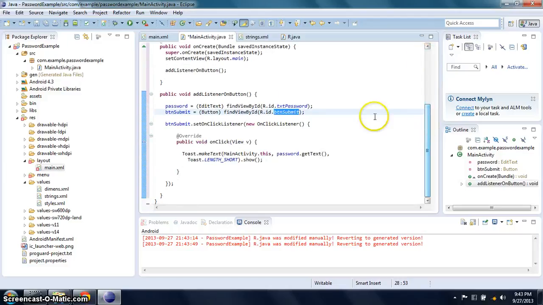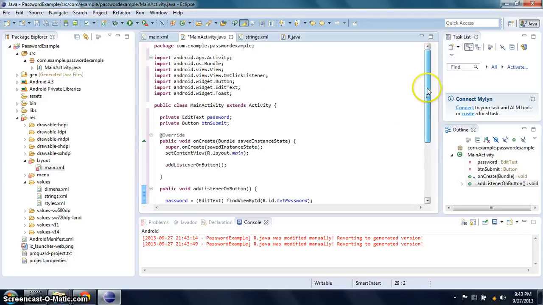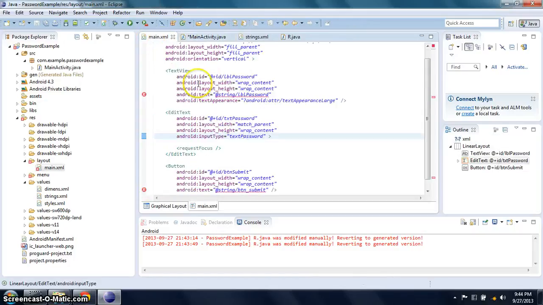As you can see, the errors have been fixed. So we need to go back to the Android main.xml.